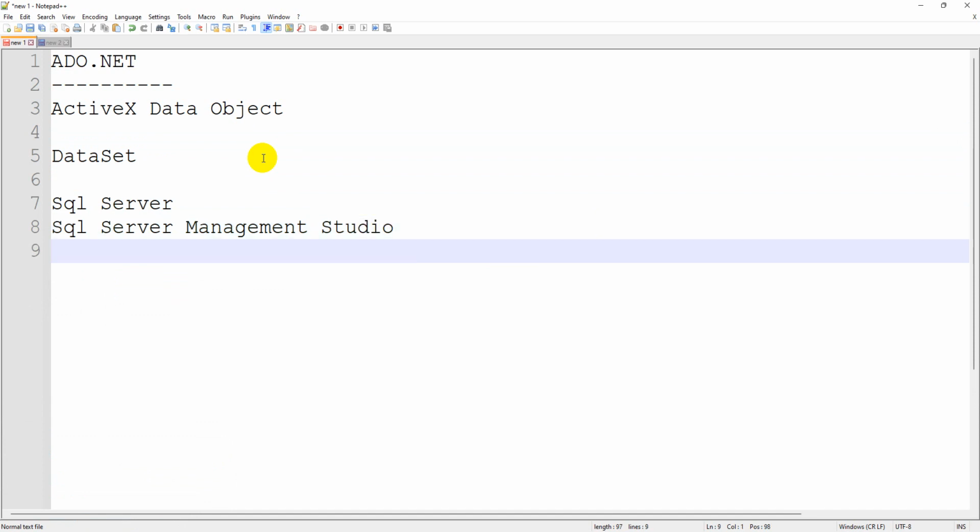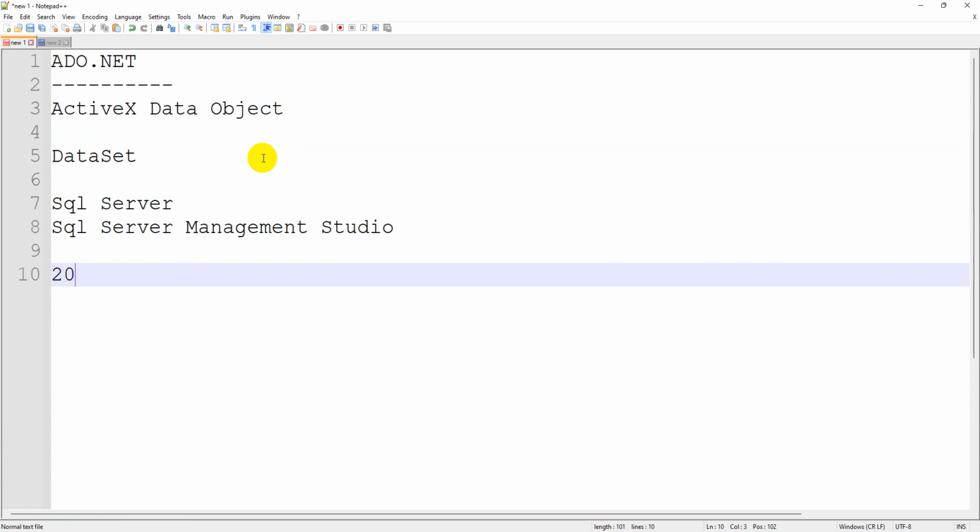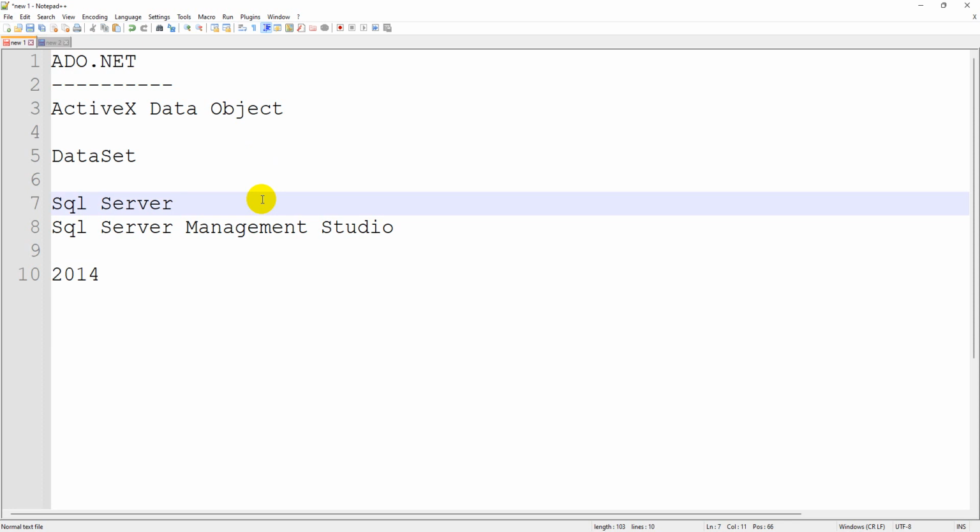Guys, in the market we may have the latest versions, 16, 17 or something, but I prefer either 14 or lower versions, because these are lightweight and you can easily manage them. I personally prefer version 14 because it is lightweight and easy to manage. So while raising a ticket, even if you are raising it with the Cognizant IT help desk or anybody, mention clearly that it should be only version 14.